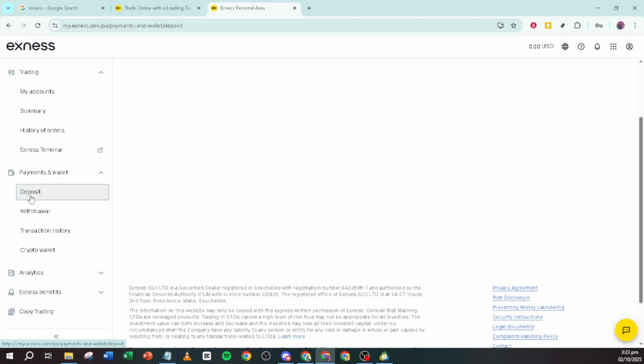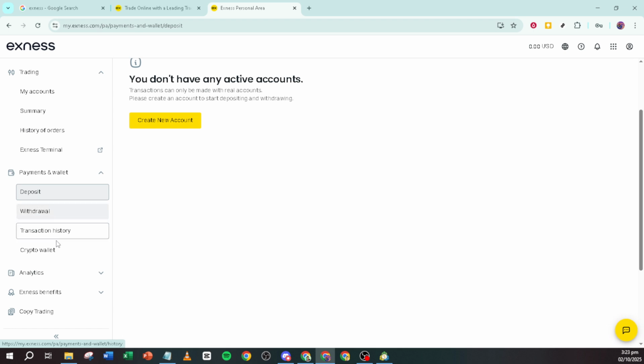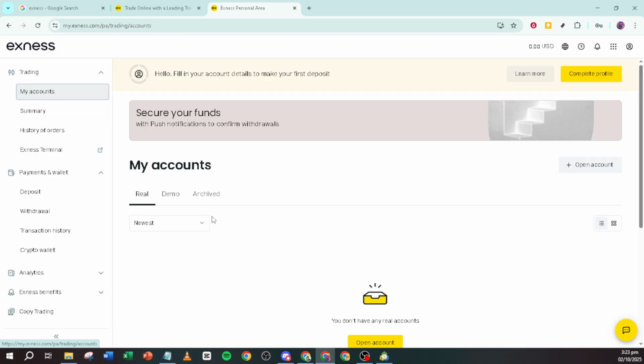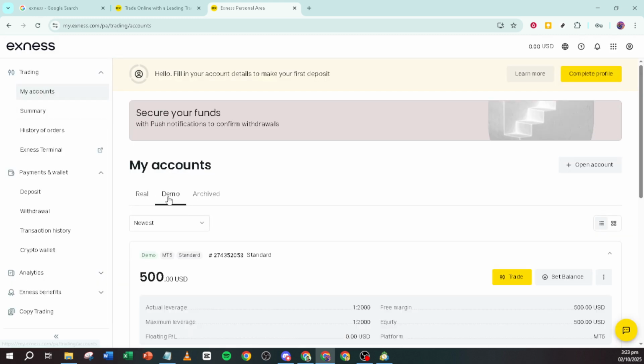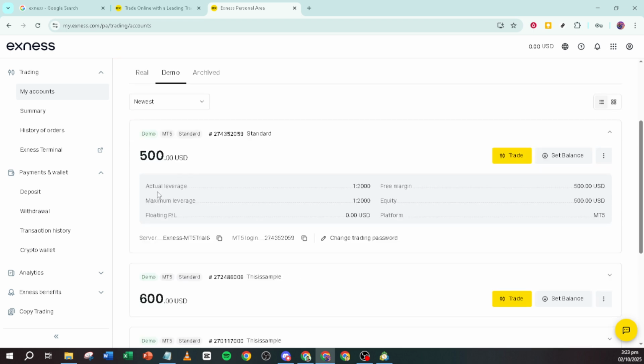Next up, you have to be certain about which MetaTrader 5 account you wish to fund, especially if you have multiple accounts. Look for the specific live MT5 account number that you plan to use for your trading activities. Select this account, as it's crucial that the funds go where you expect them to. Once you've identified the right account, go ahead and click the Deposit or Add Funds button associated with it. This will bring you to the selection of deposit methods available.